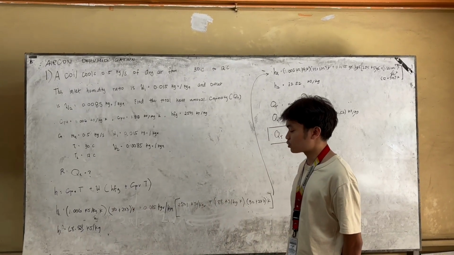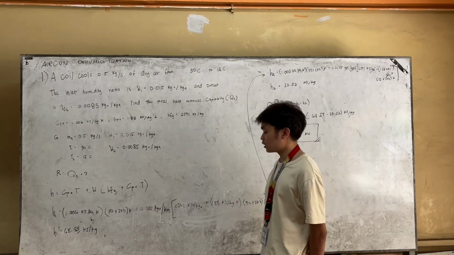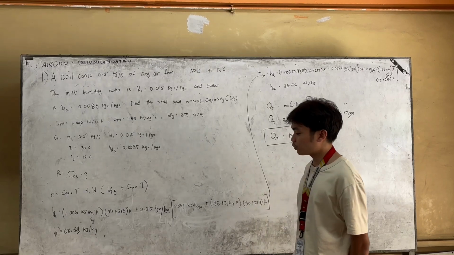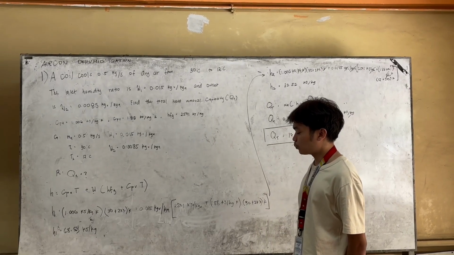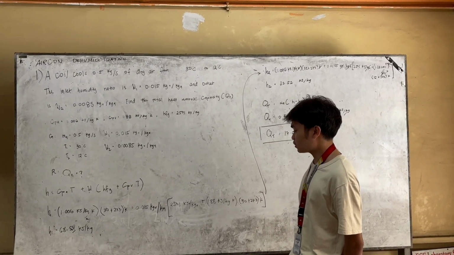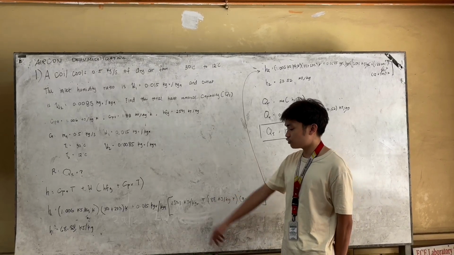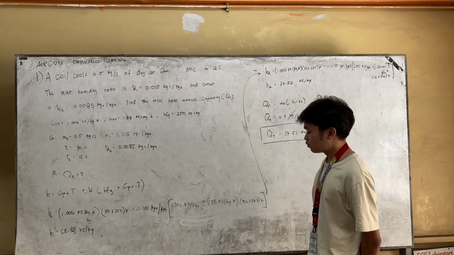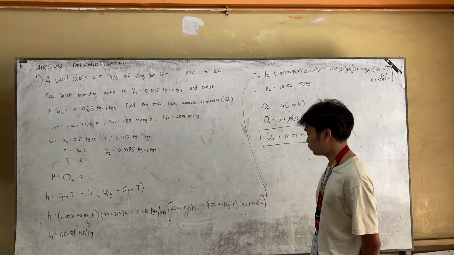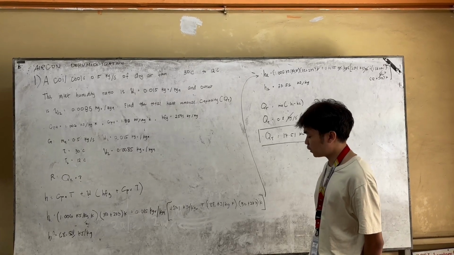We need to have absolute value, plus the humidity ratio, which is 0.015 kilograms vapor per kilogram air, times the HFG, 2,501 kilojoules per kilogram vapor, and we have plus